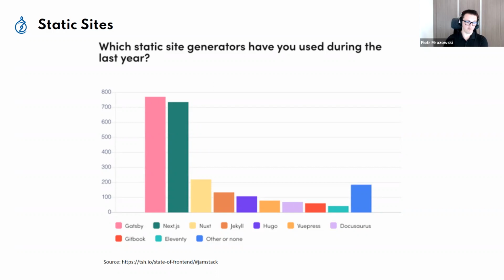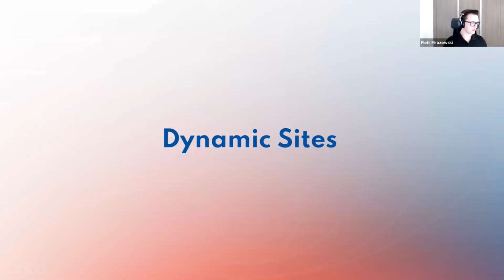Same goes for Vue. It's only growing in popularity, and as it grows, so will the static site generators based on it. And the second reason why I didn't mention the other generators is that Gatsby, Next, Nuxt, and VuePress are just considered to be more advanced in what they do. So if you go for a tool like this, my honest recommendation is to go for one of these four. Right? Now we can move on to